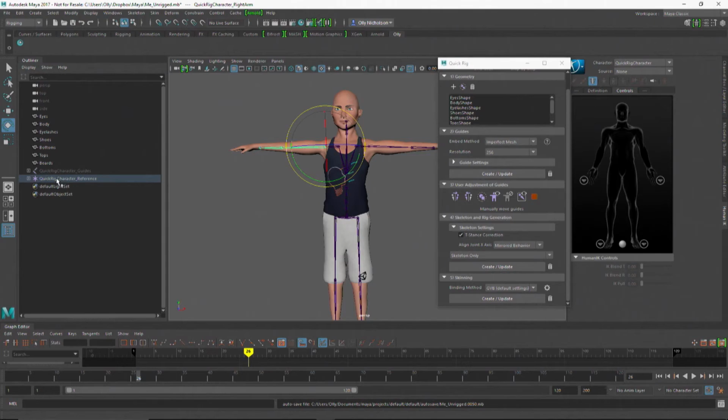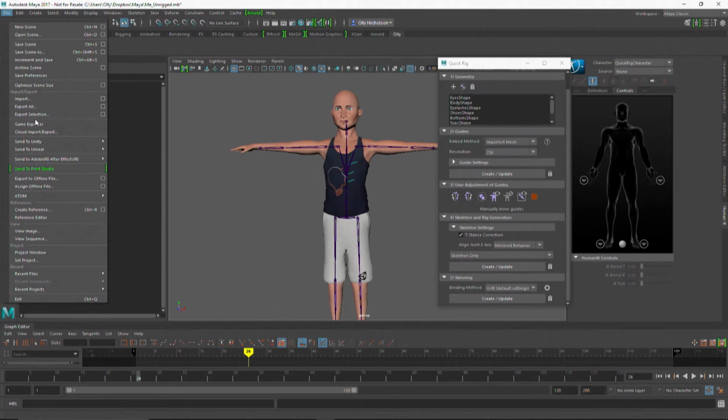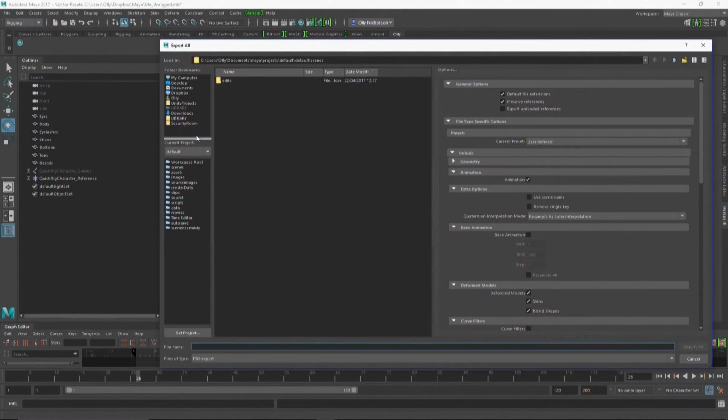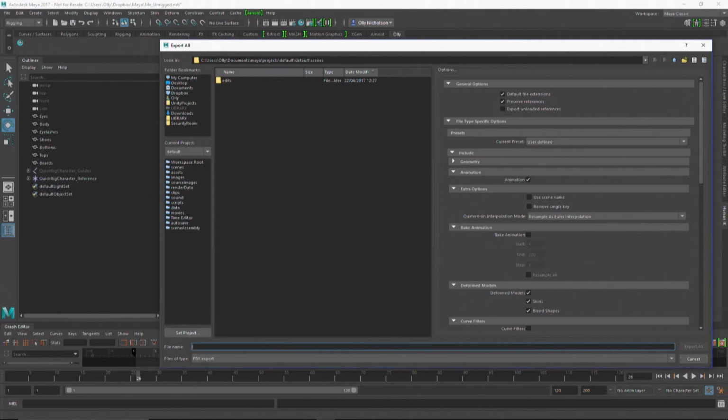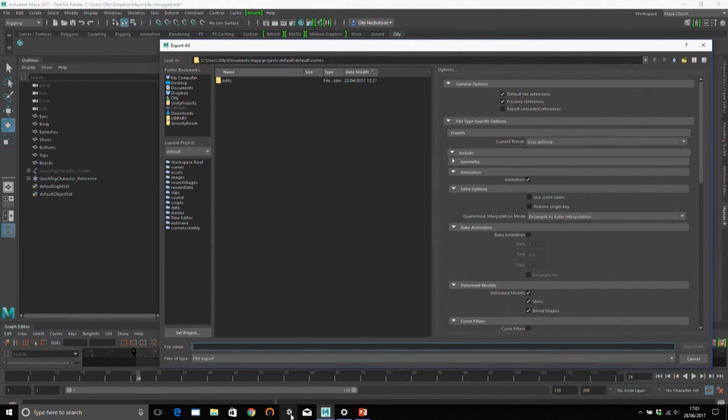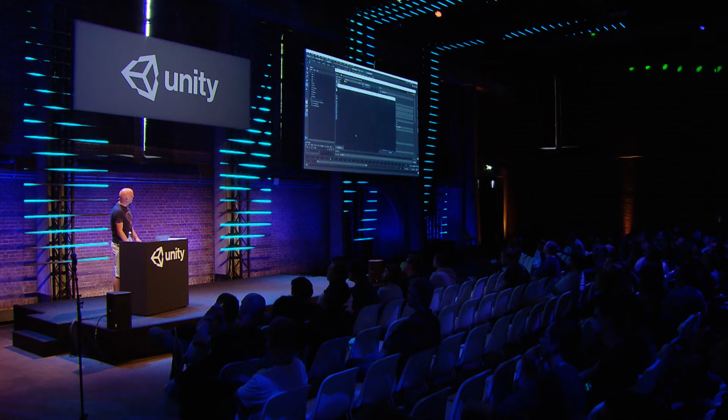Importing your model. So before we do that, let's actually just go ahead and export so that we can see what we're doing. I'm going to just do the classic select all, export all in this case. And I'm going to take a bit of a risk here, and I'm just going to completely start a new project from scratch,